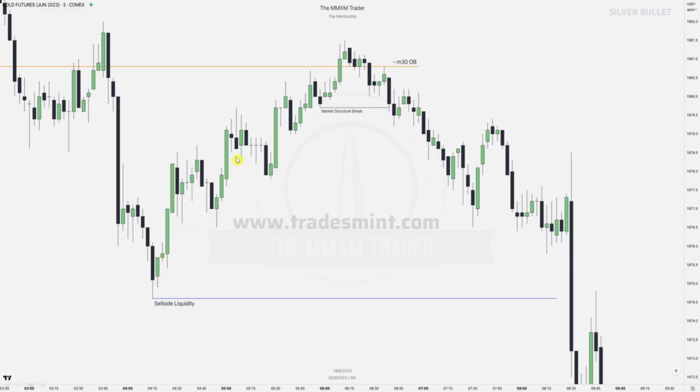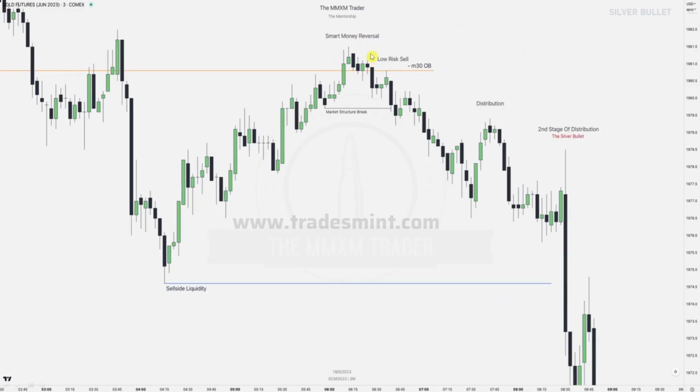Price keeps going up and up and up until we go into that higher time frame POI, which is that 30-minute order block, right? Market structure shift to the downside over here, and now we need to wait for that intermediate term high to form, and this time we're going to anticipate a short-term high forming next to it, and that will be our silver bullet,